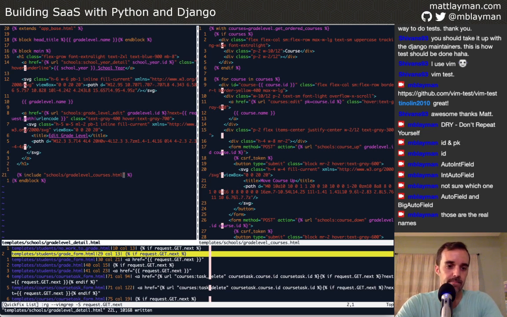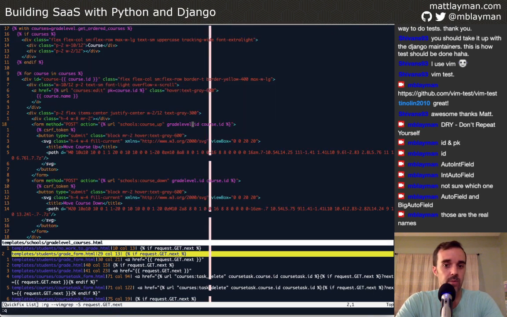Okay, so no, that's actually not true. We should have access to the request in here, so we should be able to do this. So we're gonna come to the button. There's a form submit, and this is the actual view that's doing the work. There's a schools course up view that takes the grade level and the course, and then decides which way you're going to go. So what I want to add to this